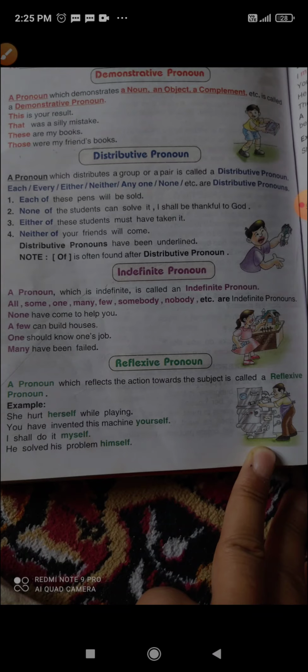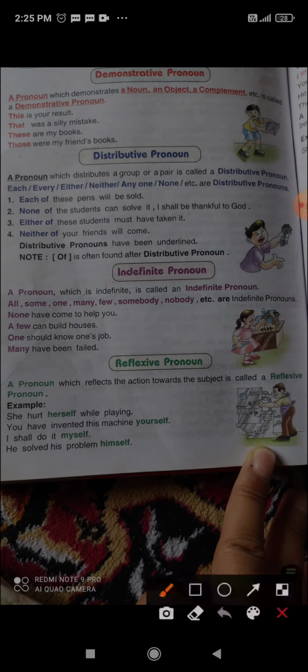You can get this information from the given examples. This is your result means here a noun is missing. There is a thin line that differentiates between a demonstrative pronoun and a demonstrative adjective. Let me make it clear by an example. This is your result. In this sentence,